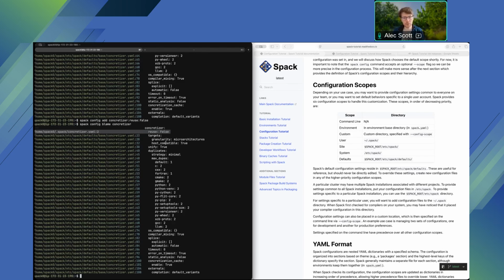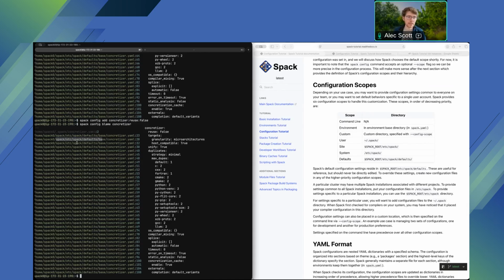New as part of Spack 1.2, I'm going to point out here, is a new functionality called spack isolate. Previously, when you installed Spack, you got the defaults which came from your installation, and you also ended up building up configuration in, say, your home directory and inside of an environment. There are some use cases, like Kaitana talked about, CI/CD systems being a great example, but also just if you have multiple versions of Spack installed on a machine and you want to keep all of those versions separate from each other, you can now use the spack isolate command, which is really a shorthand wrapper on top of some of the config, to make it so that Spack only looks